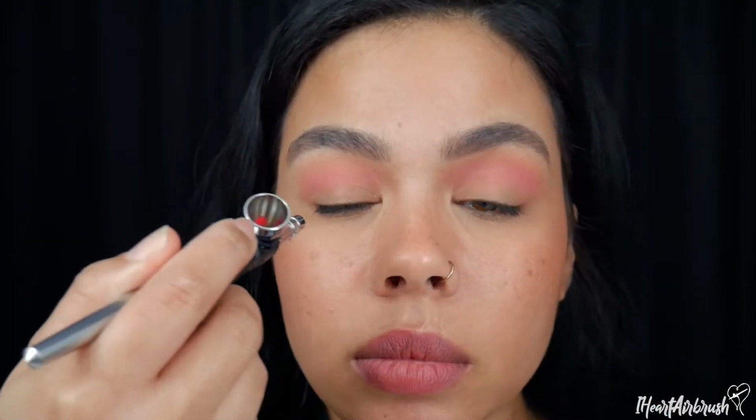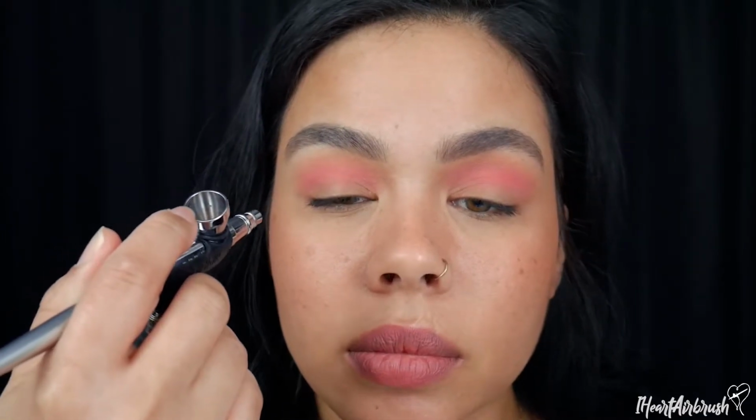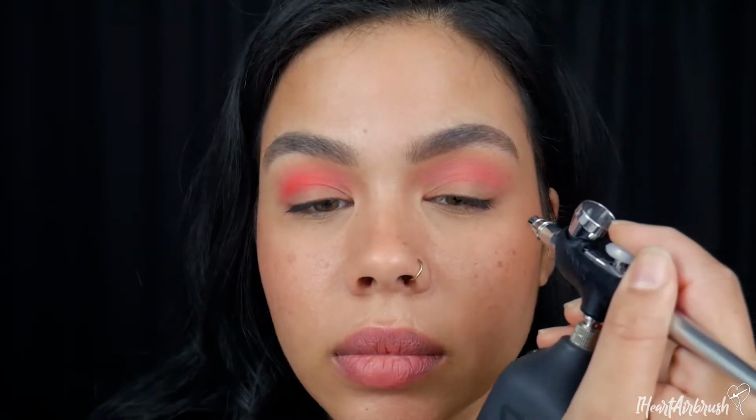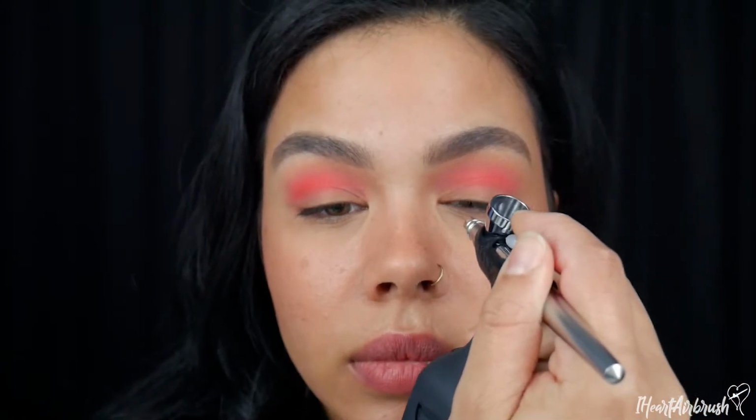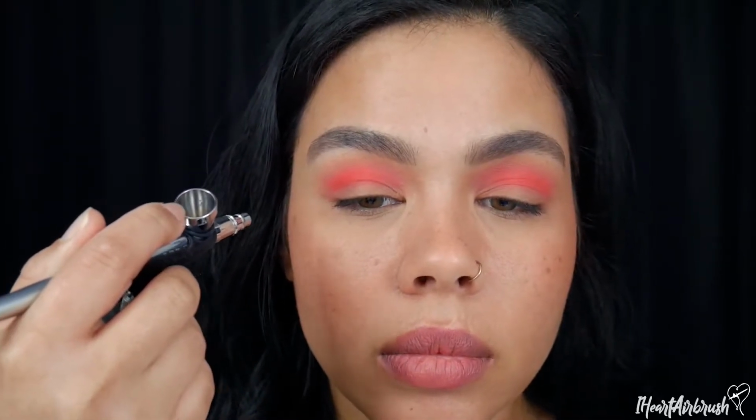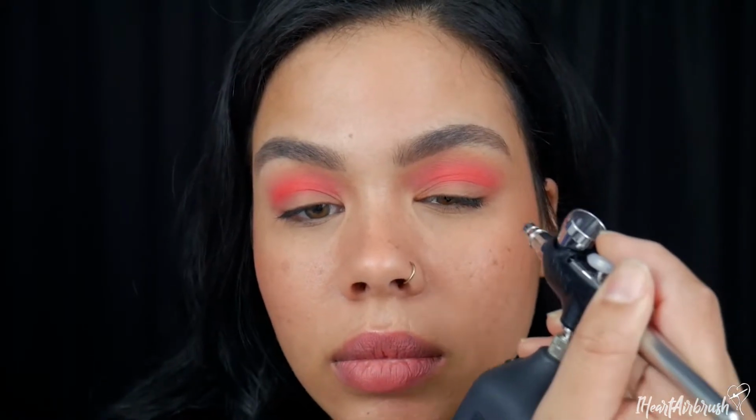All right, so to start this look off, we want to apply Cinnabar to the transition crease area like so, just using a light hand and keeping my distance so that I can get it nice blown out and diffused. Next, I'm going to go in with Sangria, and I'm going to take that to the crease area like so, just blending it into the natural fold of my lid, all the way through toward the inner corner of the eyelid. And then just feathering and tapering it out toward the end,